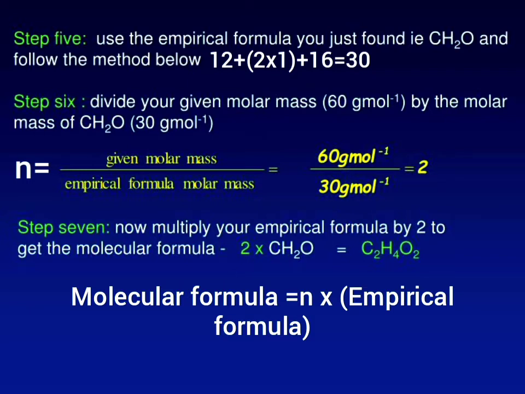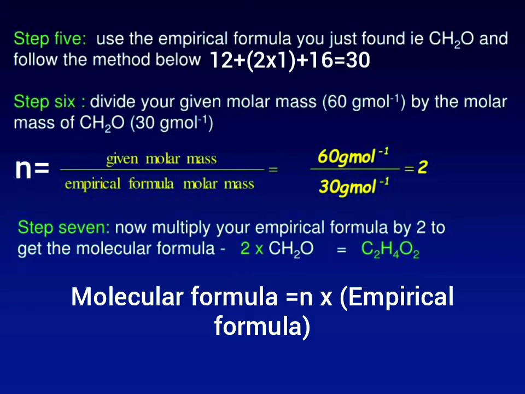The sixth step is to divide the given molar mass in the question, that is 60 gram mole inverse, by the molar mass of the empirical formula, that is CH2O, to get the value of n. That is, n is given by the given molar mass divided by the empirical formula molar mass. So the value of n is 60 gram mole inverse divided by 30 gram mole inverse,